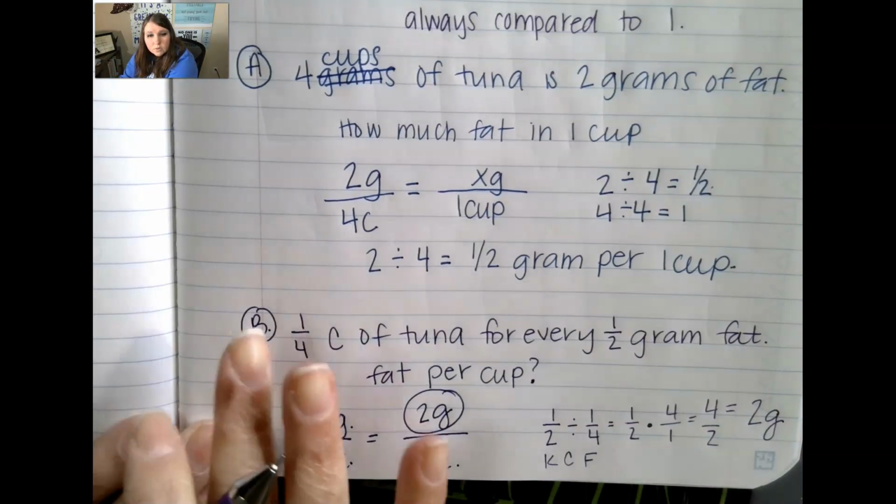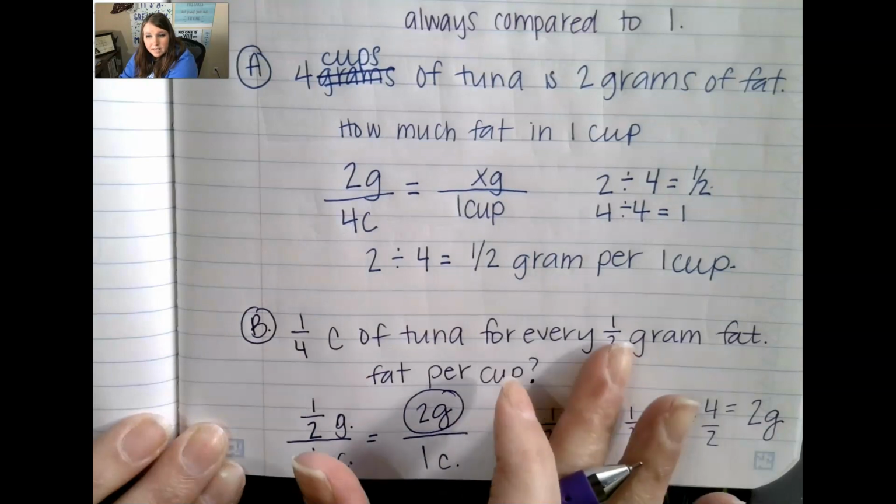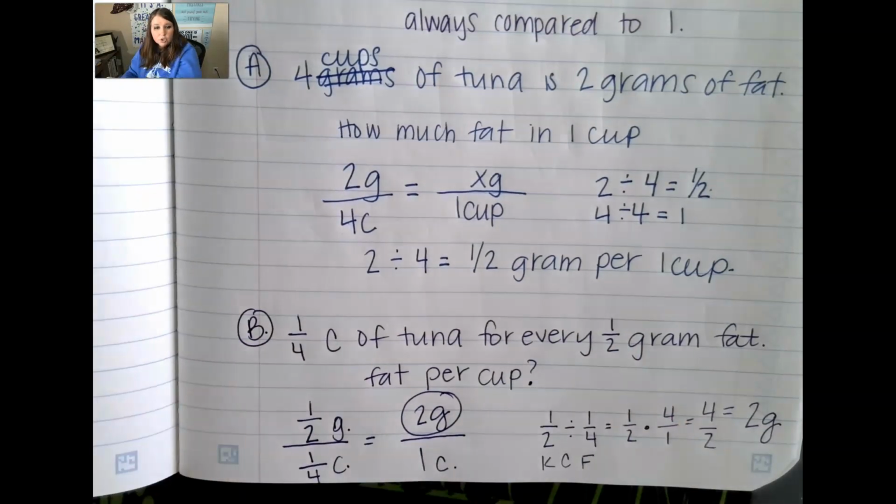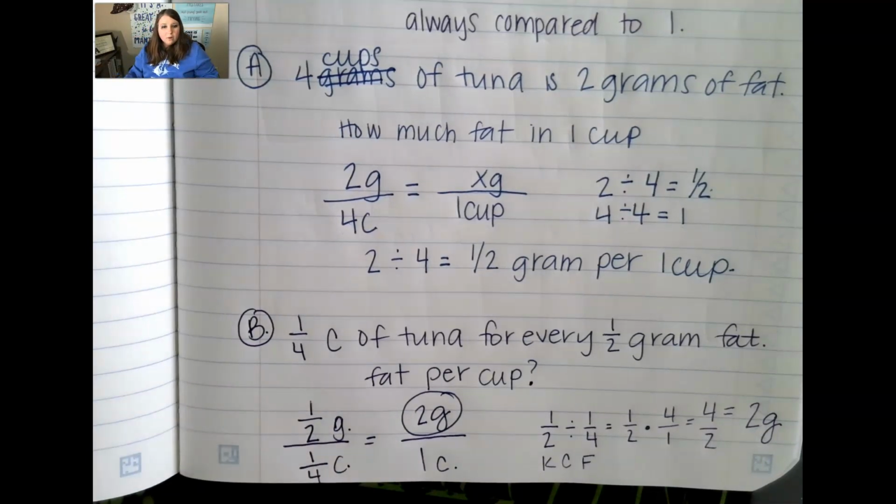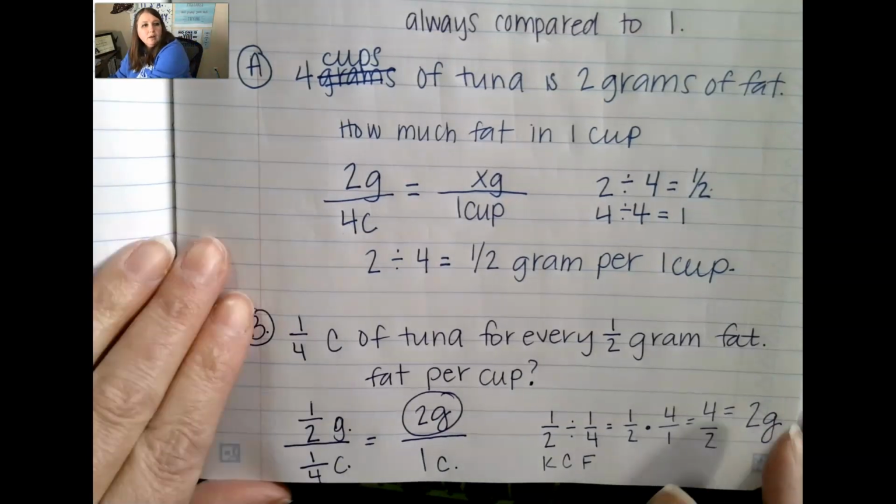So we're just using the ratio of what they give us, and we're comparing it to 1. Okay, go ahead and finish writing this down. I'm going to turn my page, and we're going to do one more example, so that way we can find the unit rate. In our next example,